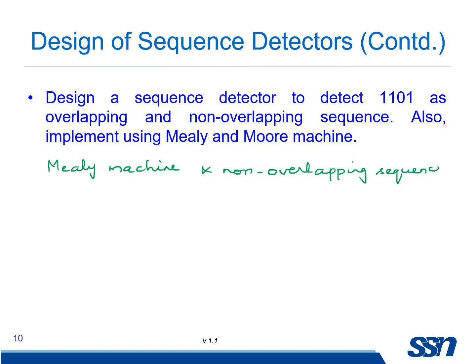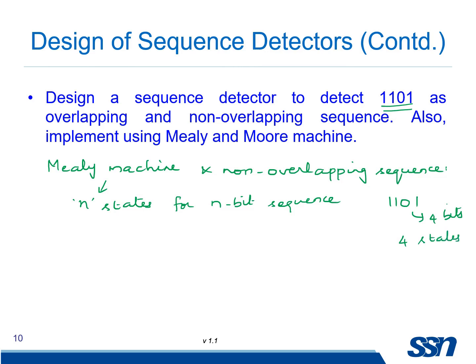So with Mealy machine, we know we need n states for an n-bit sequence detector, right? So here we are to detect 1101, which is of 4 bits. So we need 4 states. Okay, so let us assume the states to be